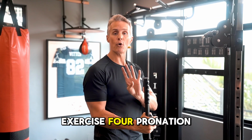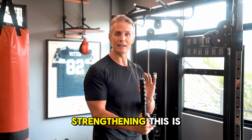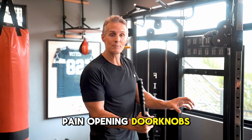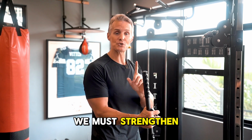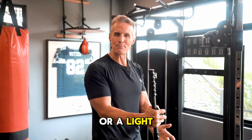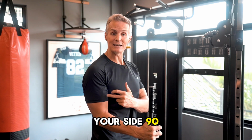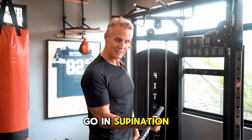Okay, exercise 4, pronation and supination strengthening. This is very important. If you're having pain opening doorknobs, it's that pronation and supination that is aggravating. We must strengthen the tendon. So we're going to grab a hammer or a light bar like this. You're going to hold your elbow at your side, 90 degrees, and you're just going to first go in supination,